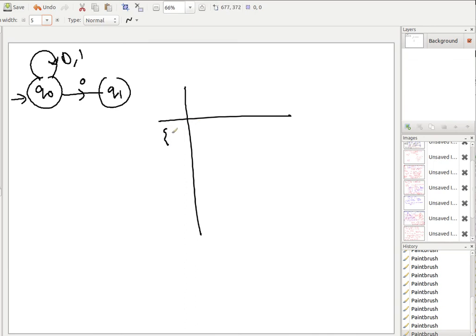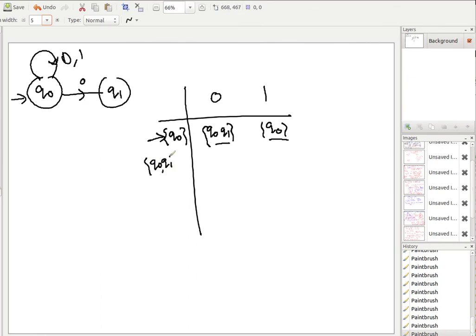You start with the start state q0, because q0 is the start state, and then for both the inputs you see what value you are getting. So q0 at 0, where am I going? q0 at 0 I am going to {q0, q1}, and q0 at 1 I am remaining at q0. Now q0 at 0 I got this, and at 1 I got this. So this is the same state, but I got a new state. So let's explore this new state.